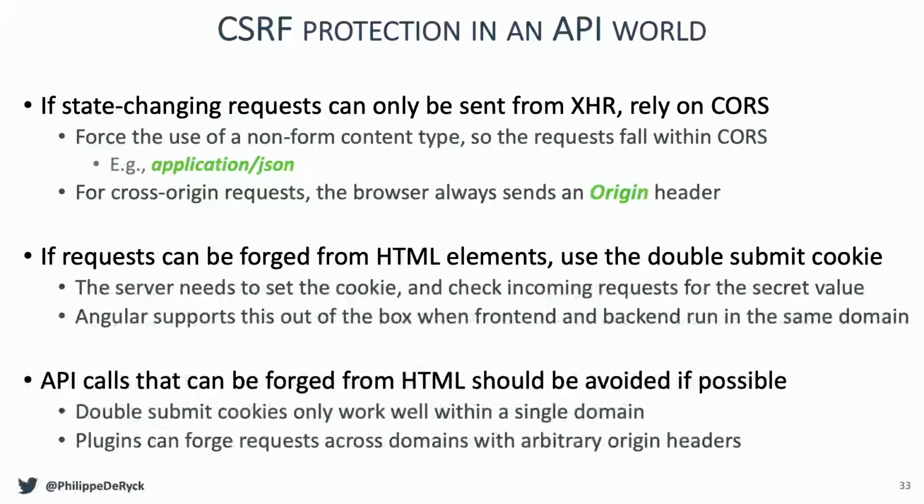However, if you have such an API, you should be aware that it's very hard to secure these things. It's very tricky to get this right, because there are ways that cross-origin requests can be forged. So in a cross-origin setting, this is never going to work in a secure way. The only thing you can do there is to have a strict CORS-based API, enforce content types, have a strict CORS policy, and you're good to go.